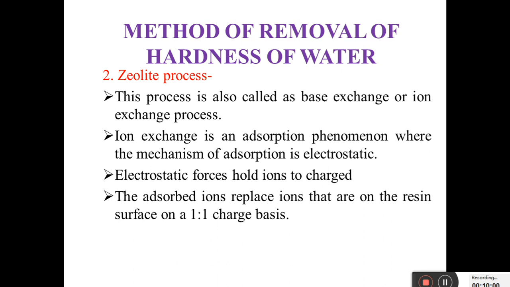What are the different equipments required for the zeolite process? This process is almost similar to the process of the pressure type filter, except that in this case, sand is replaced by a layer of zeolite, and the depth of the layer varies from 750 mm to 1800 mm, and finally the water is allowed to get filtered through the blanket of the sludge collected at the bottom of the sedimentation tank.